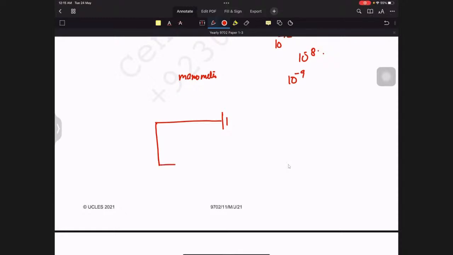I've seen networks of resistors like this, and then they might give you a resistor with X and maybe like this, and a voltmeter here, like that, right? And they say change X. So if there's a very complex situation like this, right? So what you're going to do is,